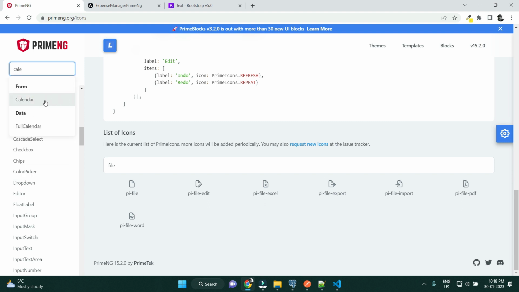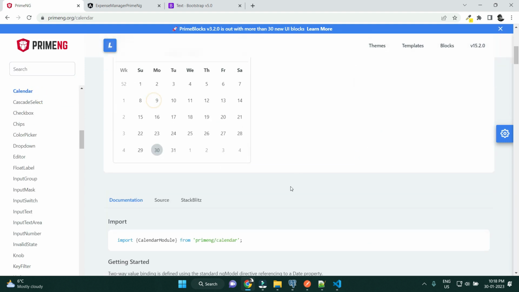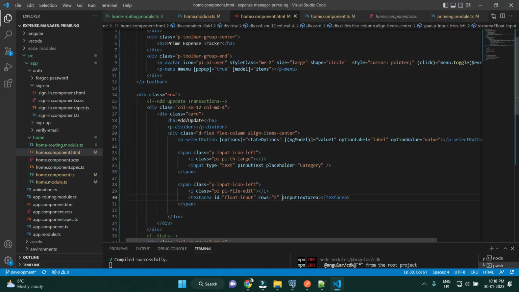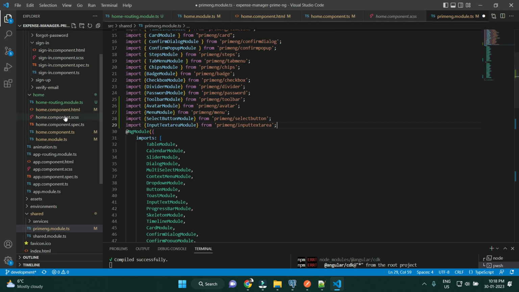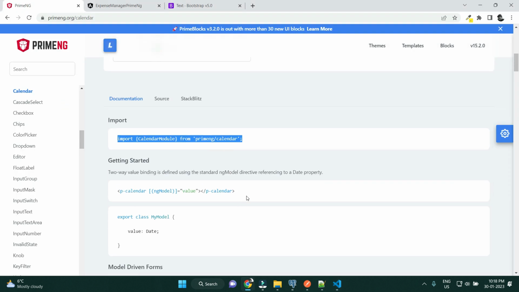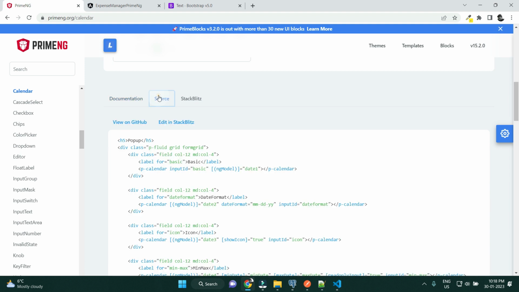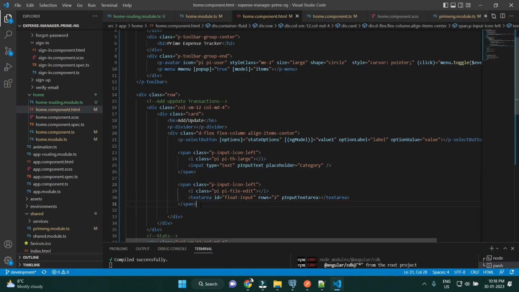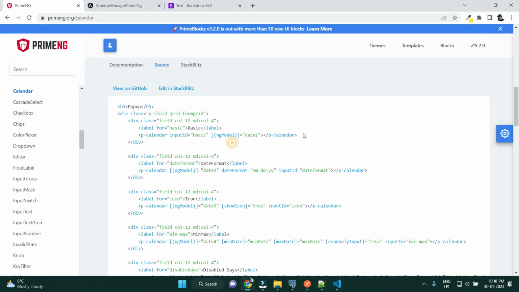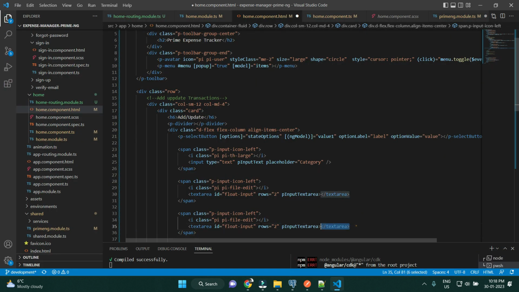And we need the date the transaction had happened. So let me take a calendar. A basic one would work for us. And same, we have to import the component, go back, import it. It's already imported, so we don't need to import it again. Go back here and copy the calendar one. Right, the basic one, I'll just copy the basic one. And I think similar, we can just copy the same implementation again, and let's copy this calendar thing and put it inside,